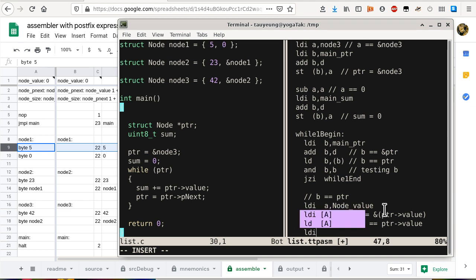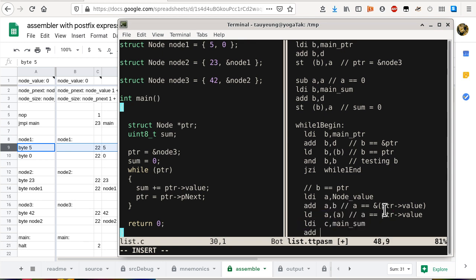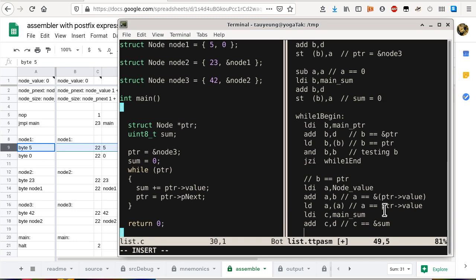So we use LDIC. I don't want to reuse B because B is still useful for the next statement, so I'm using register C in this case. It's sum, so this is main underscore sum, which is an offset again, but this is not an offset related to any structure. It is an offset to find a local variable in this case. So we have to add CD, so that C is now the address of sum. And we don't want to use LD to dereference it. Well, actually we do. So we want to use LD to dereference it first, so that C,